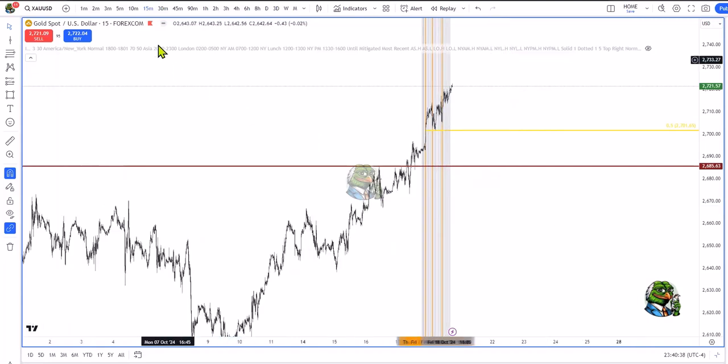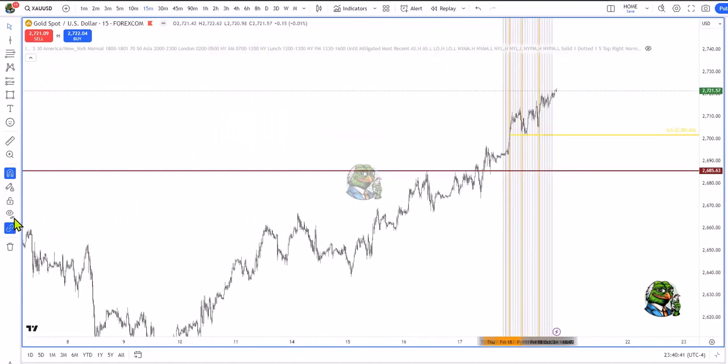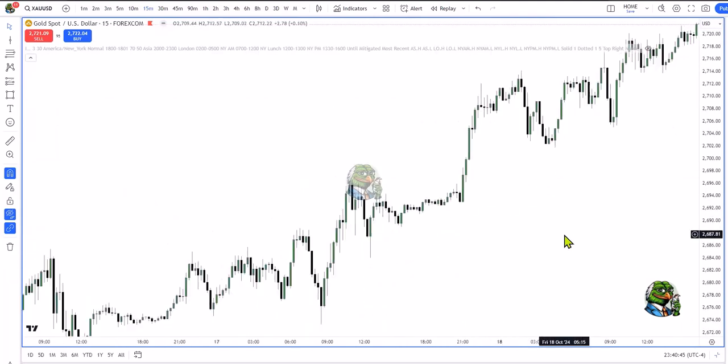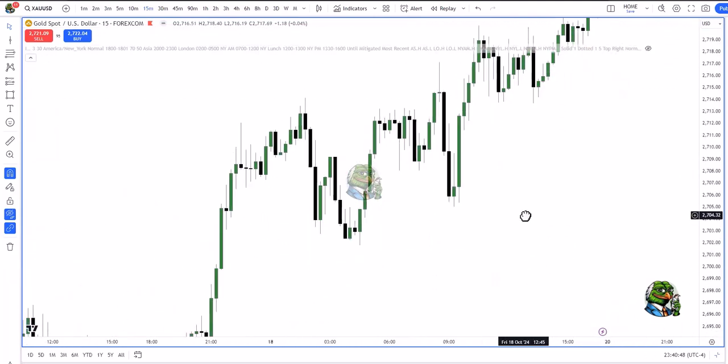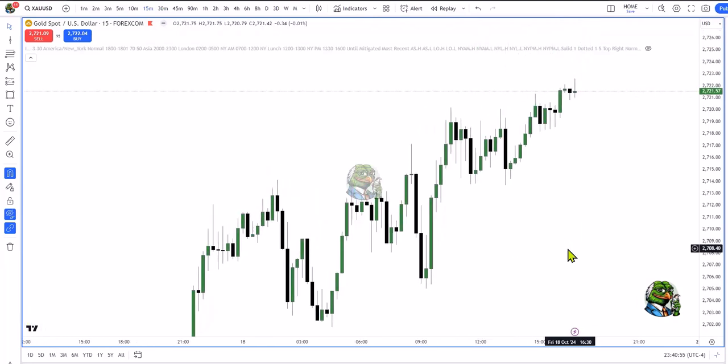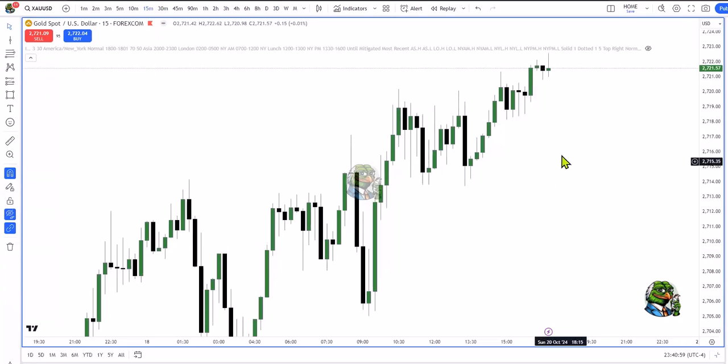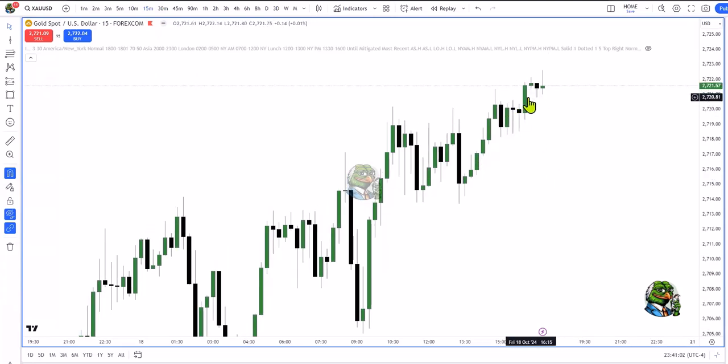What I want to see on Monday, now let me turn off these lines, is looking at a return back to at least 2700. Okay, Monday or Tuesday, right? And to do that, I think a really good trade or level to look for is this fair value gap on this 15-minute chart. Okay, so we may get a push higher to take out the high made on Friday. Okay, so Monday should use this fair value gap to push higher. Okay, I won't be taking a long there, but what I want to see is I want to use this bullish fair value gap as an inversion to go short.